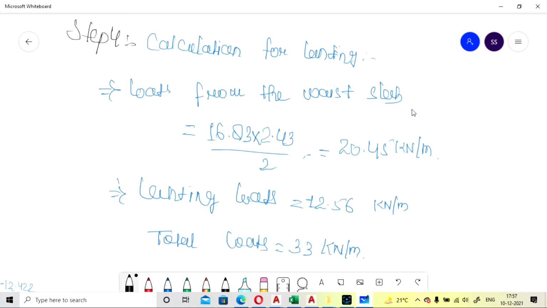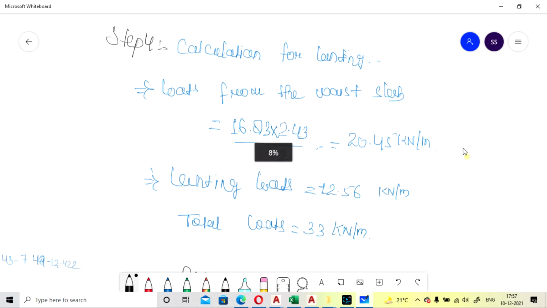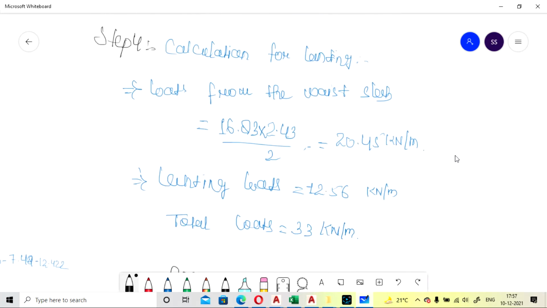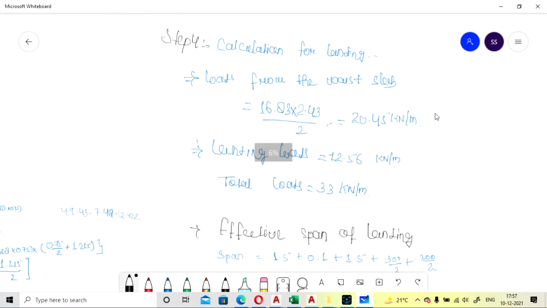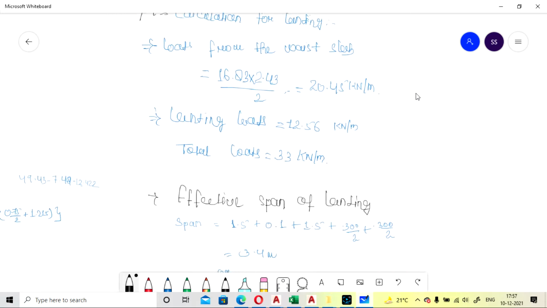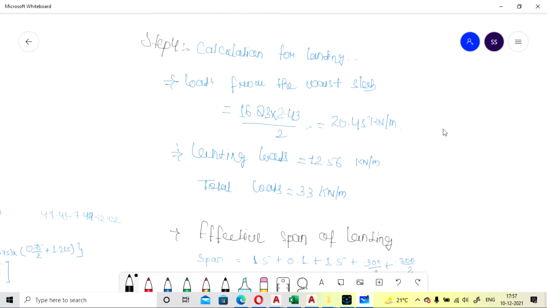So we also have to add the loads from the base slab. The load from the base slab will be taken as WL by 2. So our load on the base slab is 16.83 multiplied by 2.43 divided by 2.